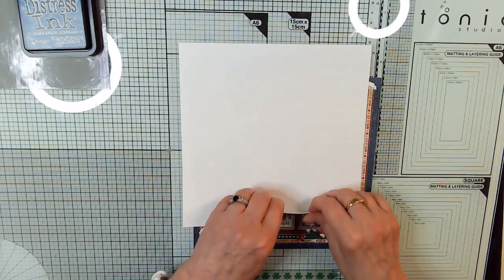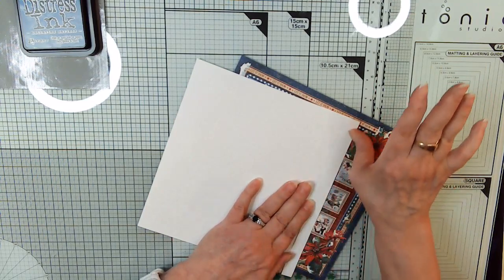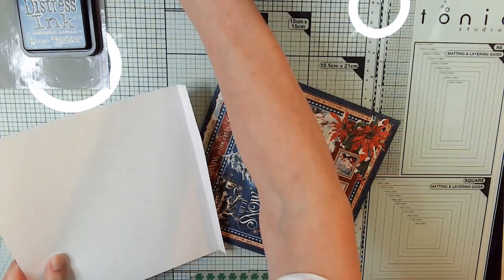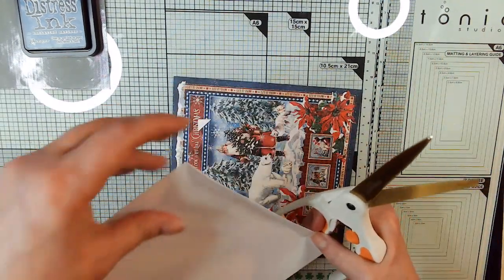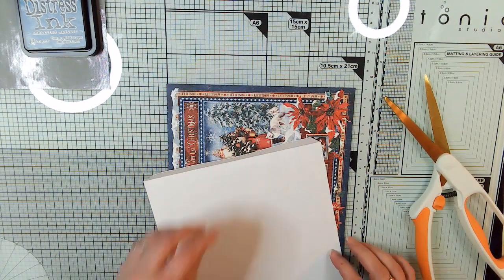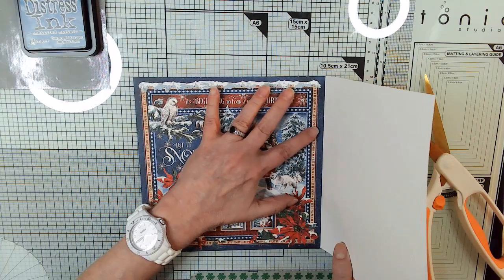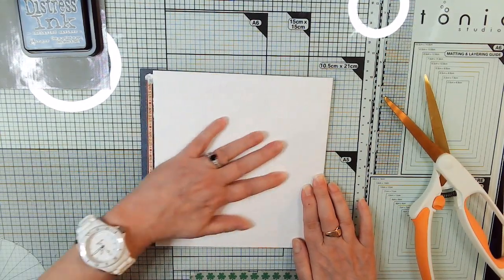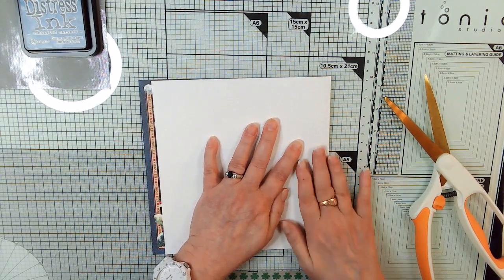So we're going to fold it. And the hill, or the pointy side, the bumped up side, wants to be the fold. And the indent side makes the seam better. Then we're going to miter it, which means cutting the corners off at an angle so we don't see them. Or, well, hopefully we don't see them. Let's double check our size against this. I'm wondering, no, I want it to be 8 by 8 or 7.5 by 8. Okay, then I'm going to go ahead and cut and score